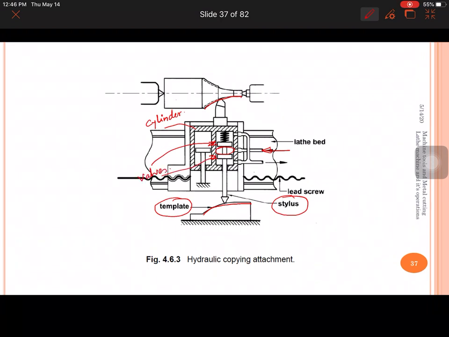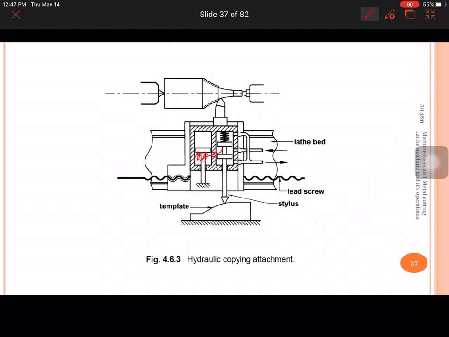Okay, so whenever the stylus is moving in the downward direction here, in order to generate that kind of profile, the stylus has to move in the downward direction. When the stylus is moving in the downward direction, then the block is going to move in the downward direction, which will open the valve. When the valve is opened, the fluid that is there will enter in this way. Here we have the valve. The fluid will enter into this, and it will apply pressure on the piston. And when the piston is moving in the upward direction, automatically the cylinder will move in the downward direction, and so you can generate this kind of profile on the work part.